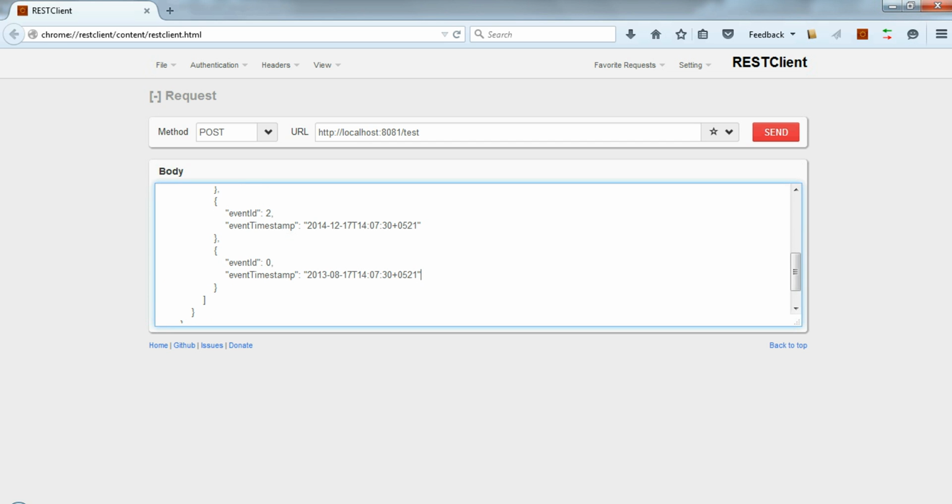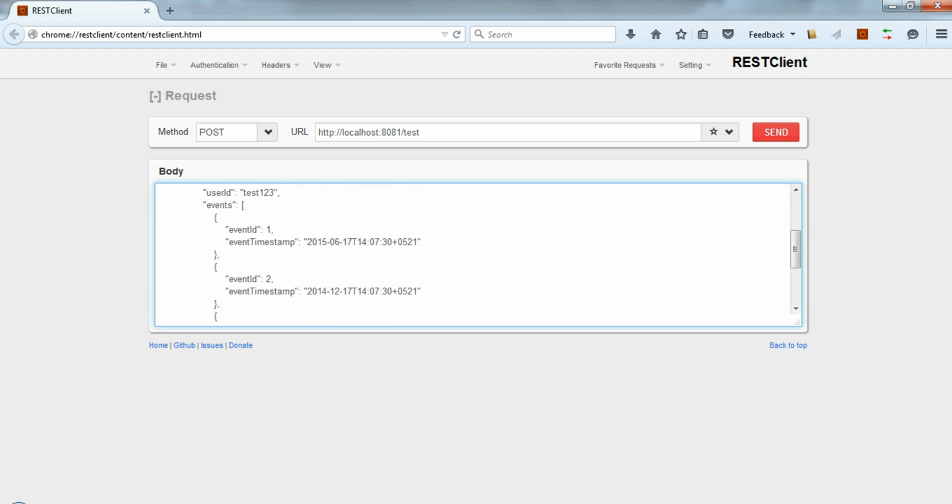Say, for example, this JSON can contain thousands of event IDs and thousands of event timestamps. In this case, if I want to extract the value of event ID and event timestamp, whereas it is repeating thousands and thousands of times,